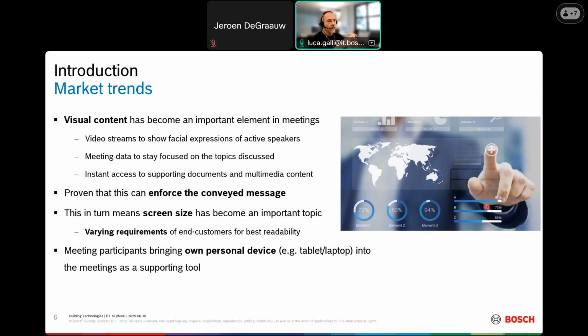So the idea was to develop the meeting participant app in order also to introduce the bring your own device concept. So currently, this is the first step in the future, let me say, of conference. So going on,